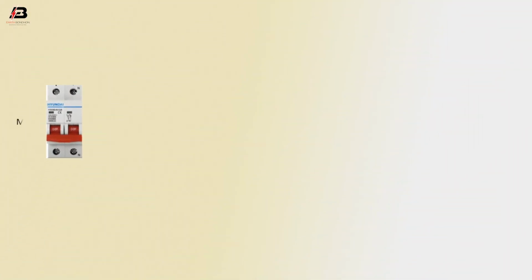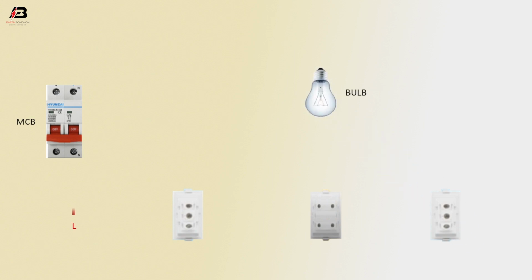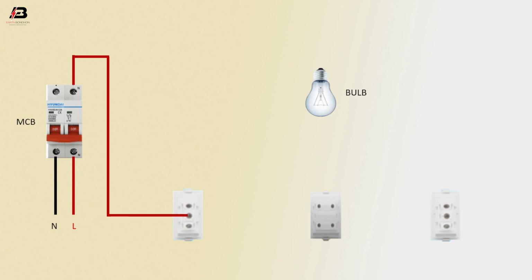So viewers, let's start. Double pole MCB circuit breaker, two-way switch, intermediate switch, another two-way switch, bulb. Phase connection input to MCB circuit breaker, neutral connection input to MCB circuit breaker. Phase connection output from MCB circuit breaker to connect two-way switch, common terminal, common connection between two-way switch 1 and